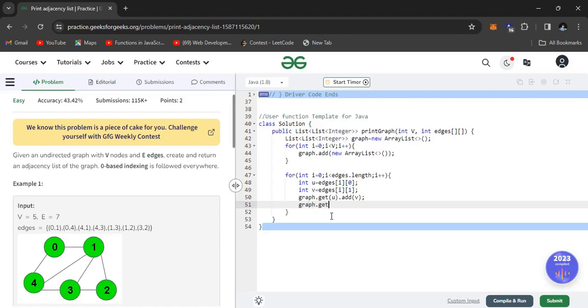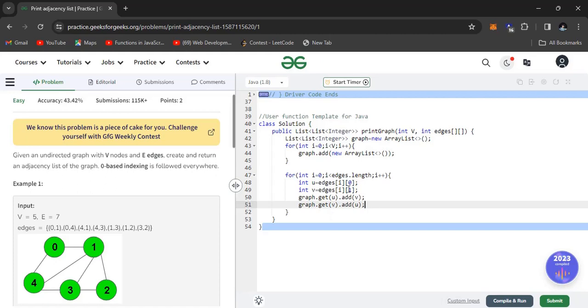Graph dot get of v dot add u. So take u and put v, take the ArrayList of v and add u. So this is the process.